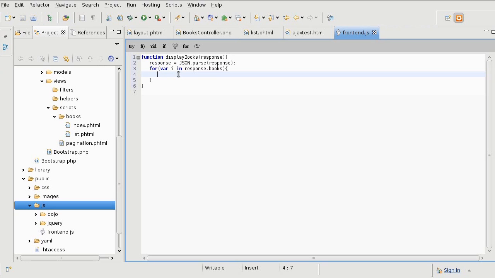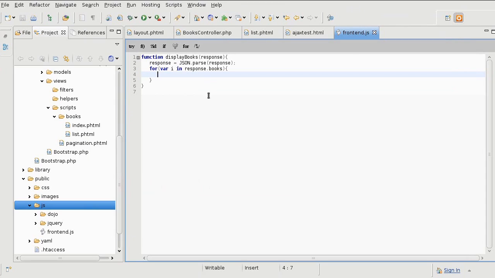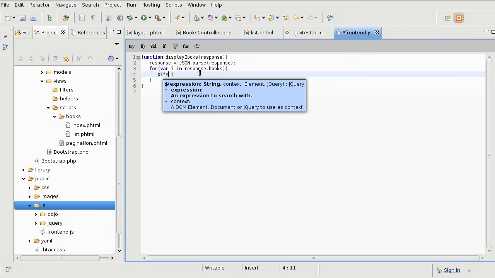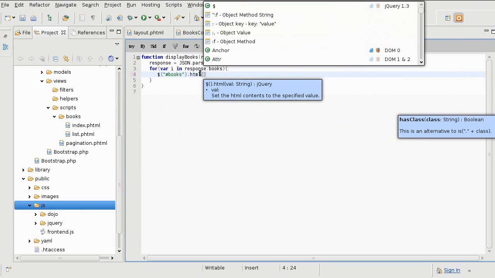If I just include the new set of books in this area here, then the accordion is not going to be applied to it. I can't enter new data to the area of the page that already has the accordion attribute applied. It's not going to work. Now I can still show you what's going to happen, and I think it's a good start to show you. The ID where all the books are going is books at the moment, and I am going to replace the HTML with a new one,